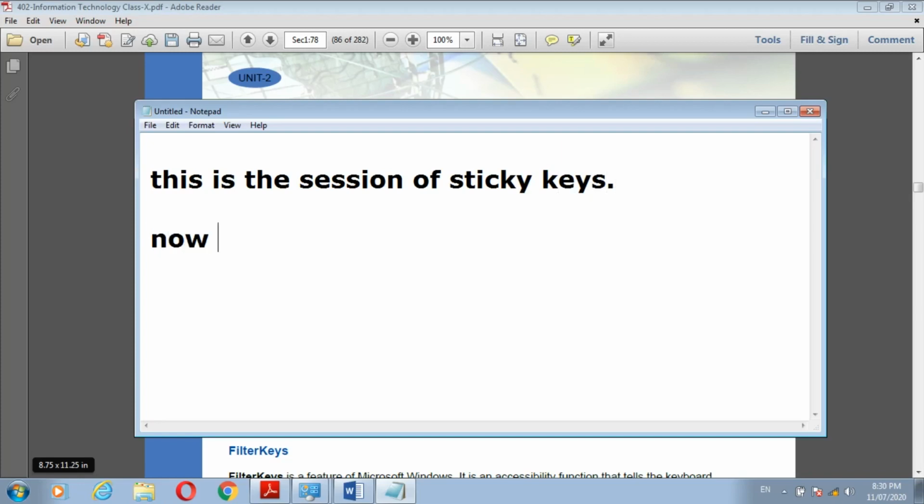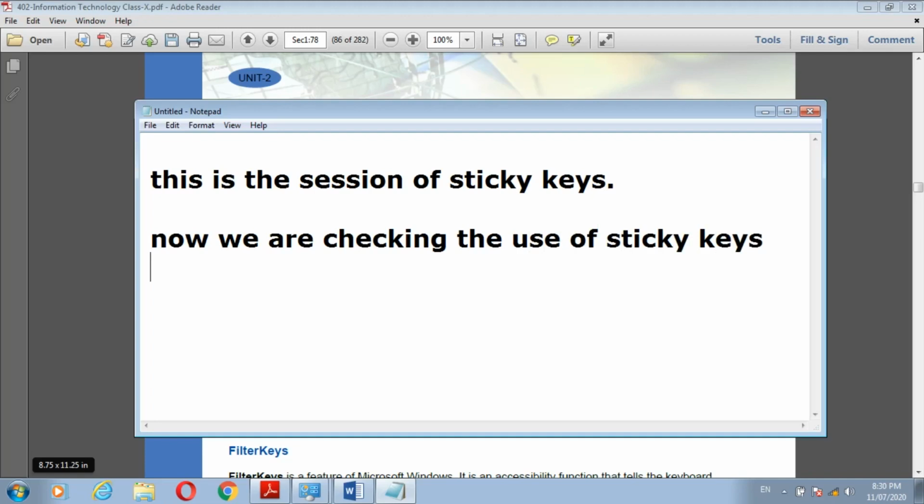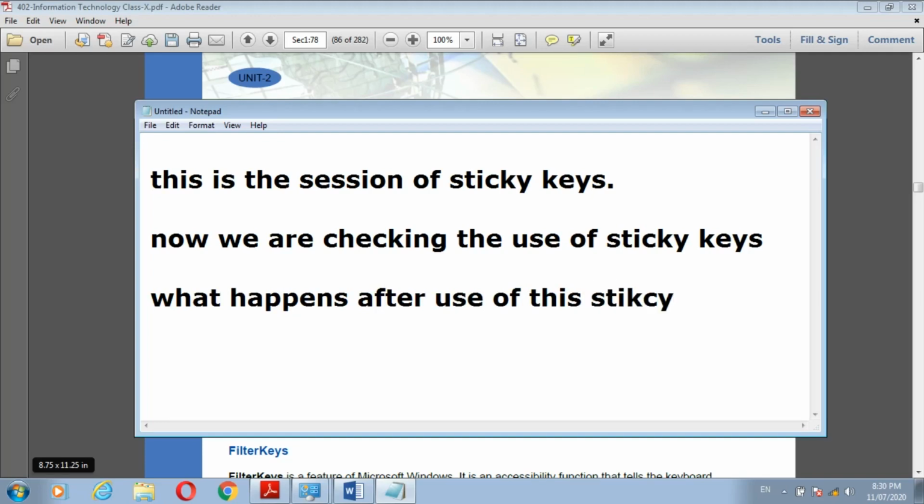Now we are checking the use of sticky keys. What happens after use of this sticky keys? Okay, now these 3 lines I write here.